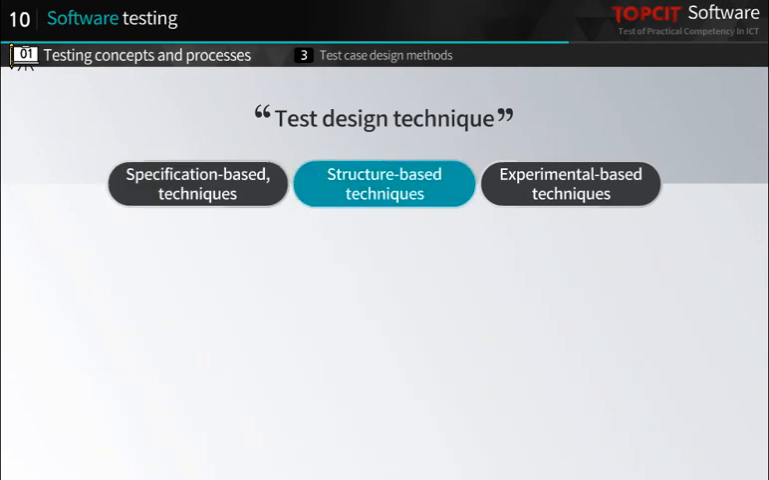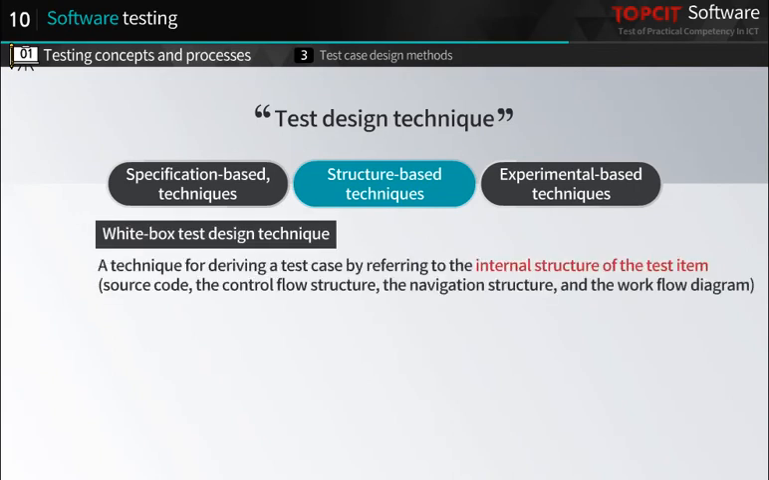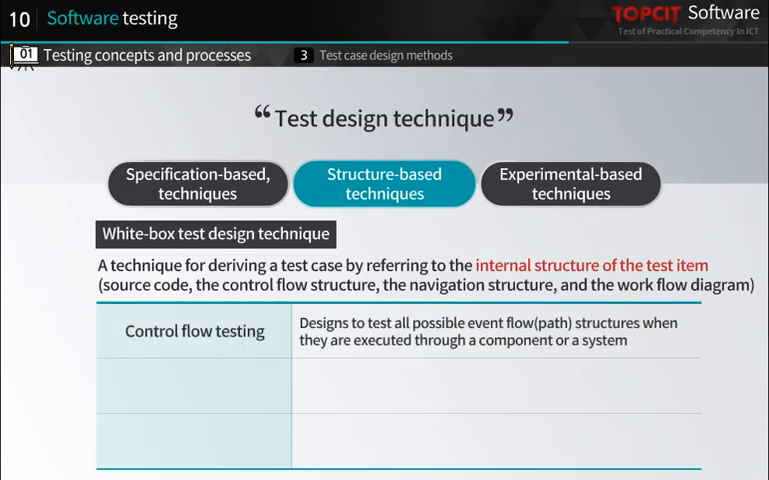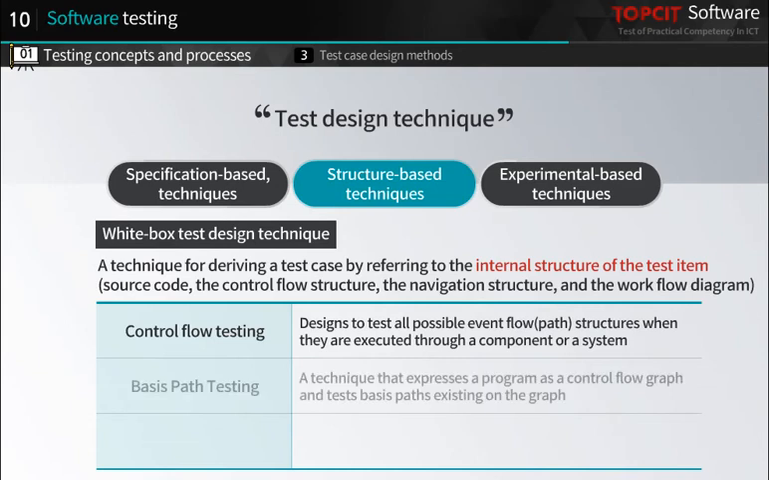Next, the structure-based technique is a white box test design technique. This is a technique for deriving a test case by referring to the internal structure of the test item, that is, the source code, the control flow structure, the navigation structure, and the workflow diagram. This includes a control flow testing technique that designs to test all possible event flow structures when they are executed through a component or a system, a basis path testing technique that expresses a program as a control flow graph